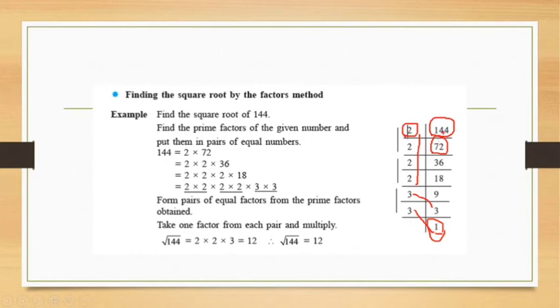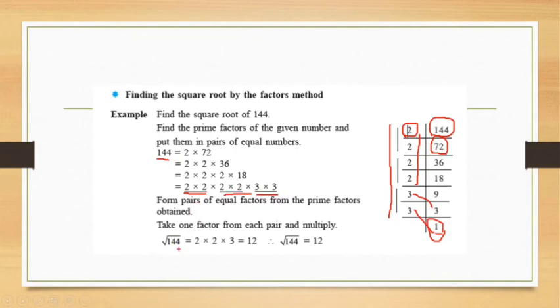Therefore, for the square root of 144, first we will write down the factors of 144. 144 is equal to 2 into 2 into 2 into 2 into 3 into 3. Whatever appears on the left side, you have to write down the same thing here. Clear? As it is asked to find the square root, we will make the pairs. Yes, we are making the pairs here: 2 2, again 2 2, and 3 3.